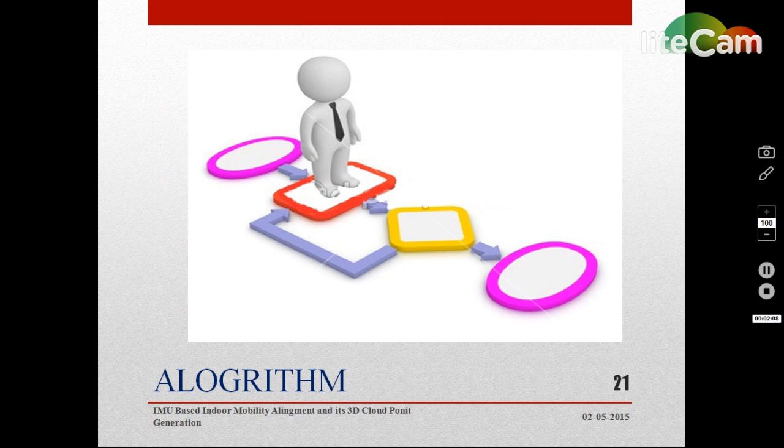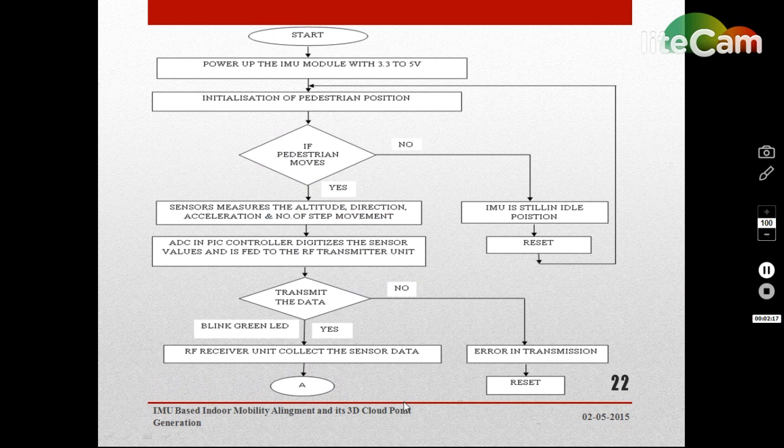And the algorithm we have developed is, first we have to power up the IMU model with a 3.3 volt to 5 volt power supply. Then initialize the pedestrian position and check whether the pedestrian is in motion. If no, the IMU is still in idle state, then reset and initialize the pedestrian position. If yes, measure the attitude, direction, acceleration and number of step movements using